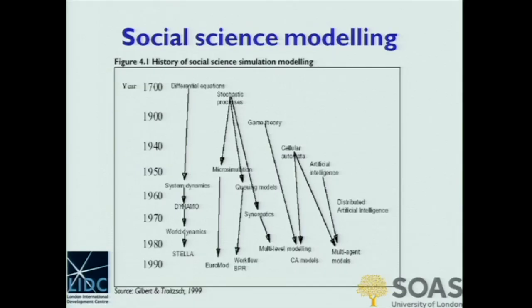So if you think this is all natural science, for those of you who think that complexity thinking is all about natural science, I've only discussed the diagram, but this is to show that complexity thinking and modeling is as prominent in social science as it is in natural science. So this is the history of modeling in the social science. Never step into that trap, that modeling and complexity science is something reserved for ecology and physics. I hope you won't be afraid of models, even if you're an anthropologist.